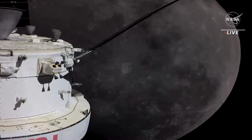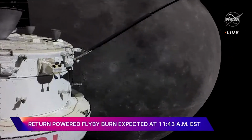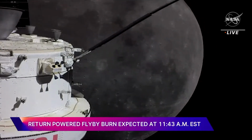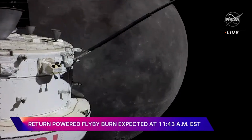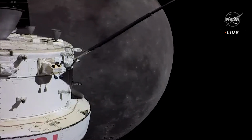After we come back around to the other side of the moon, we anticipate regaining communications with the Orion spacecraft, and that's when the team here in Mission Control will be able to analyze the return-powered flyby burn and make sure everything went as expected. This burn is critical as we look ahead to a return and splashdown of the Orion spacecraft on December 11th. Today's burn will put us in a trajectory